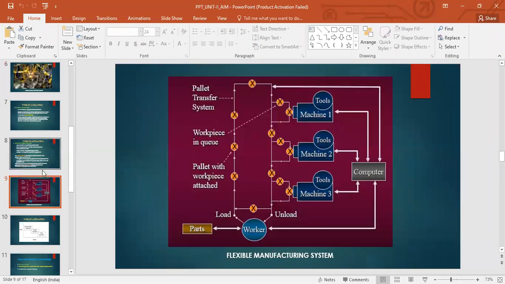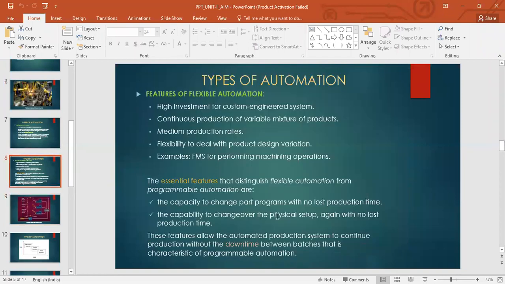Clear, right? What we mean is that we don't have to change the part program, with no loss of production time, as opposed to your programmable automation. Capability to change over the physical setup, again with no loss of production time.